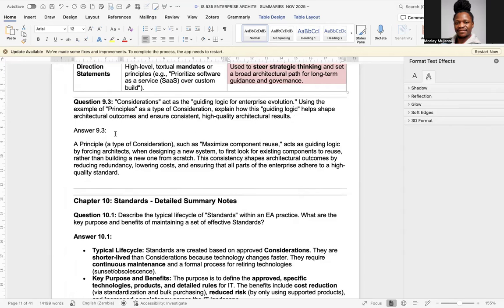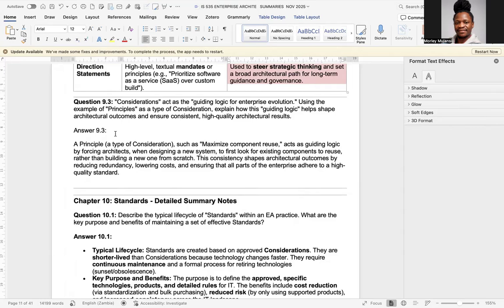So a principle, let's start with, let's use a principle like maximize component reuse, okay? Yeah, that's the principle, like we need to maximize component reuse. So this principle acts as guiding logic by forcing architects, when designing a new system, to first look for existing components to reuse rather than building a new one from scratch. Their consistency shapes architectural outcomes by reducing redundancy, lowering costs, and ensuring all parts of the enterprise adhere to high quality,